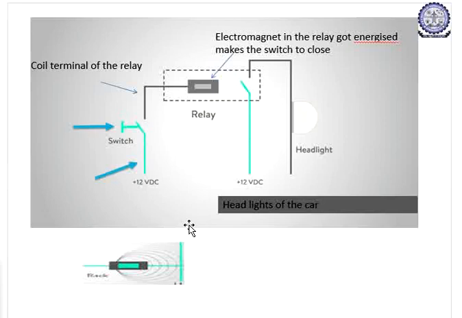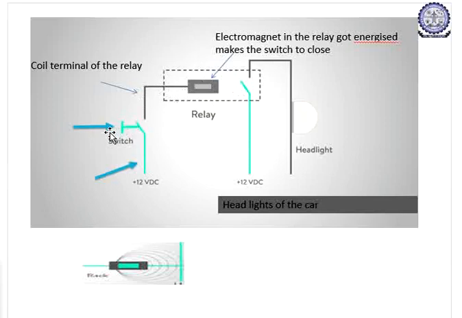I think it is not possible to be visible to you. This is the headlights of the car. While driving the car, how will the headlights be on? So this is directly the circuit that has been given. One side of the switch is connected to plus 12 volts DC voltage. The other side is connected to the circuit here.